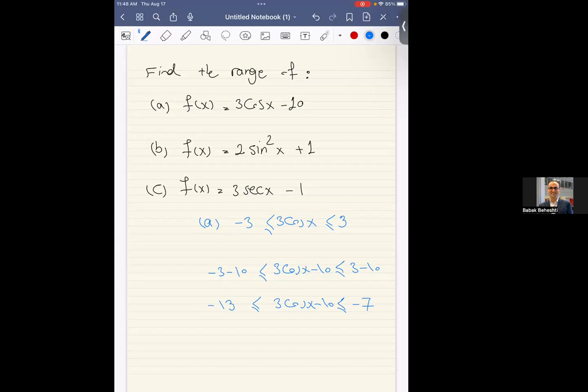What is the range for B? Michelle. B is a little bit more complex because you have sine square. So we know that sine is between -1 and 1, but sine square, exactly, it cannot be negative. So sine square,